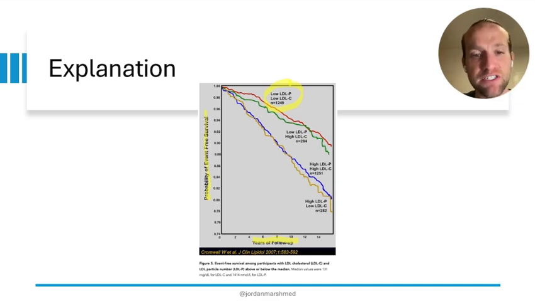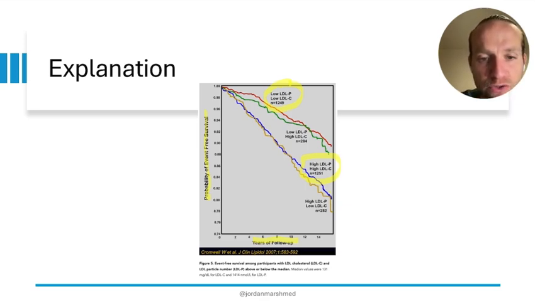However, let's look at the opposite case. Let's say we have high LDL particles and high LDL-C. There is less of a chance of event-free survival. There is more of a chance that they will have cardiovascular events. And as you can see, N in both scenarios is around 1,200 people. This was a large study where they followed a great deal of people and showed that around 1,200 people in both groups had concordance between LDL particles and LDL cholesterol. However, let's look at the discordant groups.